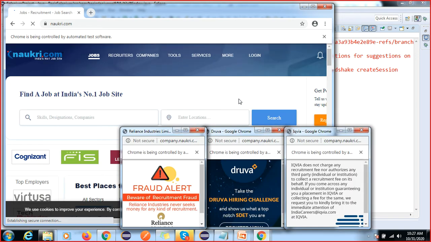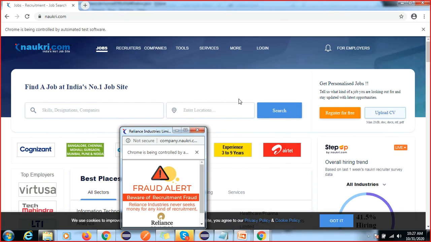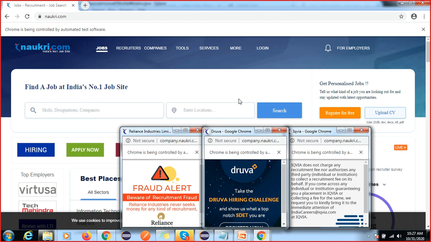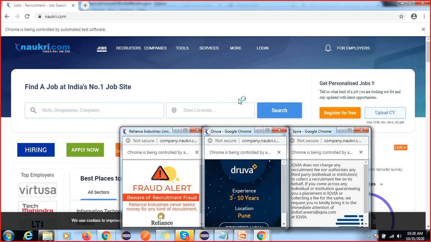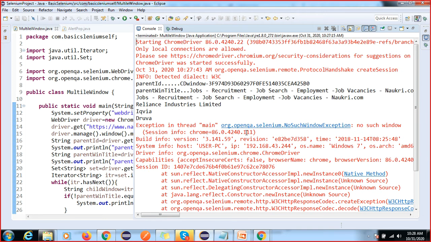See, multiple windows are opening, right? When you do it manually, it does not open, but we are doing automation, so multiple windows are opening here. Let me see, I got a no such element exception.